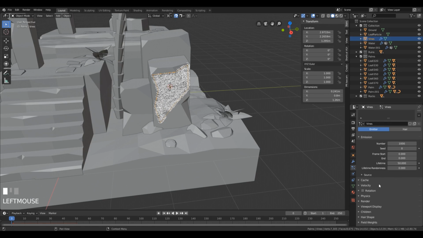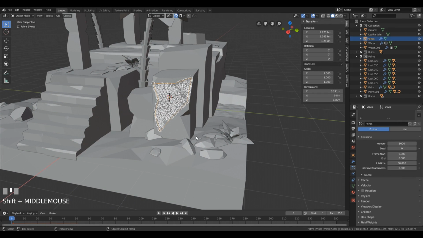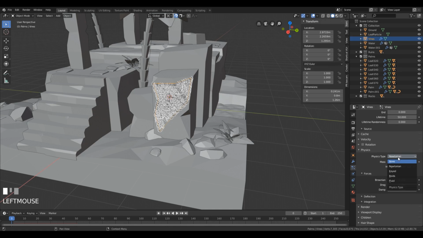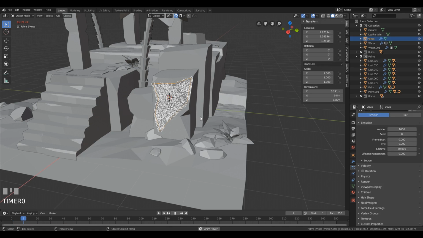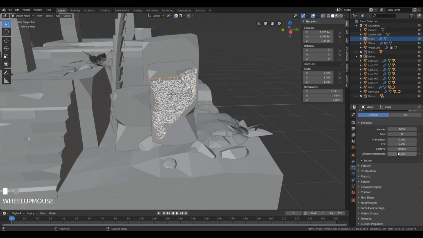If you want to disable that, not necessary here because we are not working with the animation, but if for some reason you would like to animate this scene later, you can always go to the physics and disable the Newtonian physics here to none, and right now they're just staying in place. And of course disappearing after time because they have a lifetime. And that's the third value here, where basically you set number of frames you want each particle to live. So since we have an animation of 250 frames, let's set it 250,